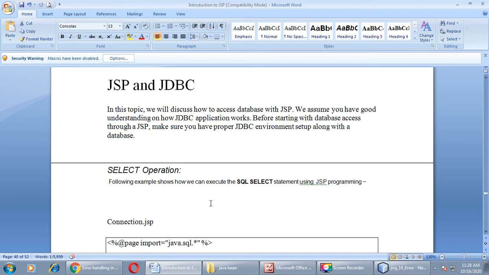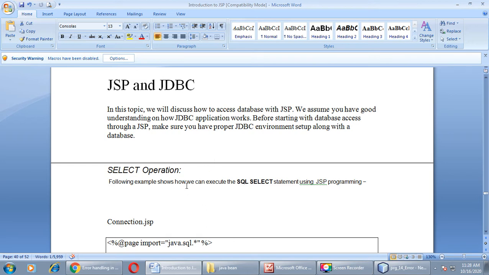This is not only an assumption, as we have already studied how to deal with JDBC in our first unit, so we'll be able to connect JDBC with JSP also. Before starting with database access through JSP, make sure you have a proper JDBC environment set up along with a database, which is already done by us in our first unit, right?